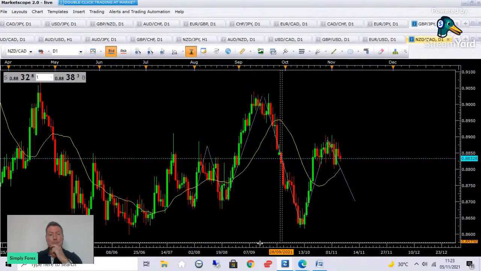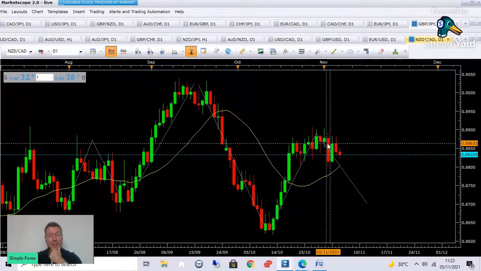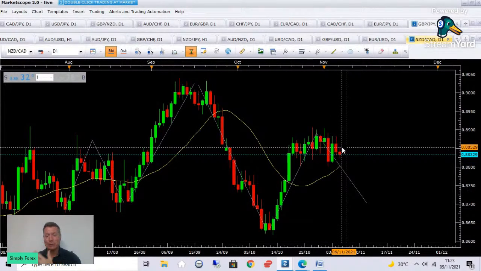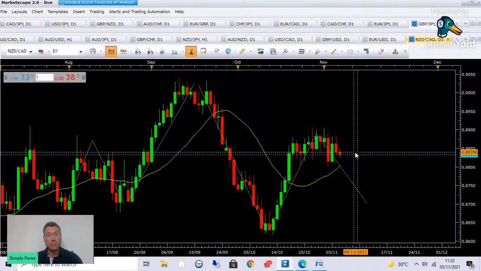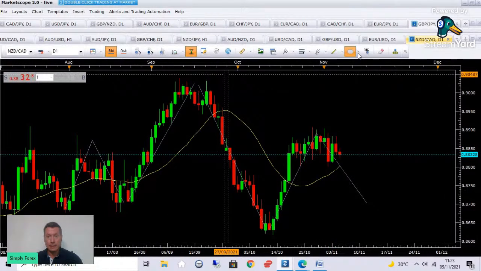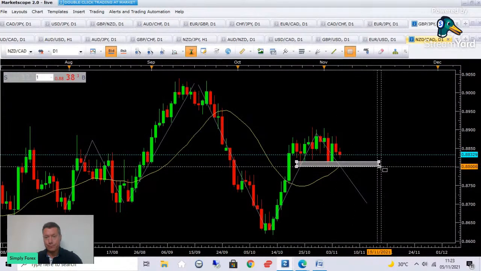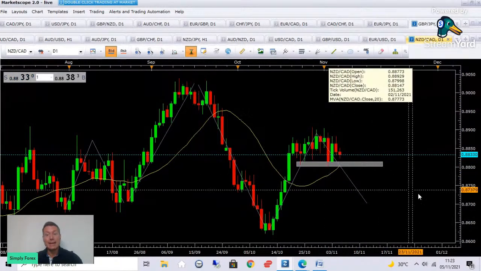We've got a large bearish candle that happened on the 2nd. We had a large green candle the following day, and now I'm seeing not a large bearish candle, but what I would like to see for me to enter this trade is a break of these lows. So yeah, a daily break.